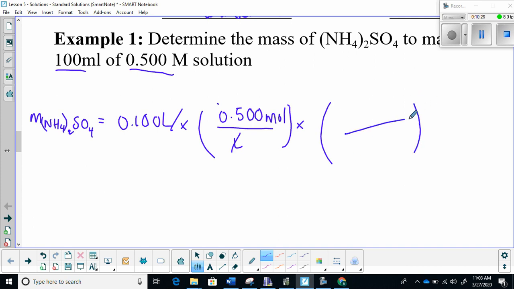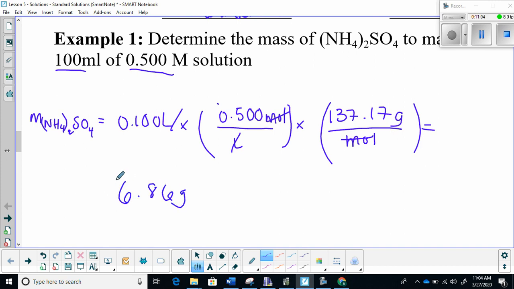Now, if we have moles, we can get mass. We have to use a specific converter. Our converter is going to be molar mass. The molar mass of this compound is 137.17 grams per mole. Mole cancels out with mole, and we have units of grams. That's perfect because we're looking for mass. Once we plug that all into our calculator, we get